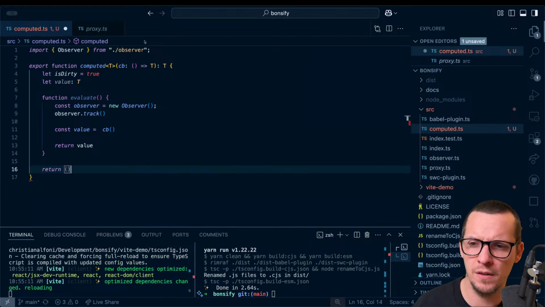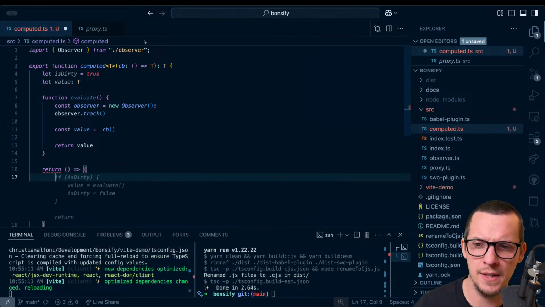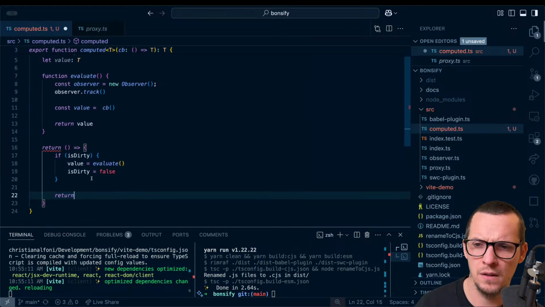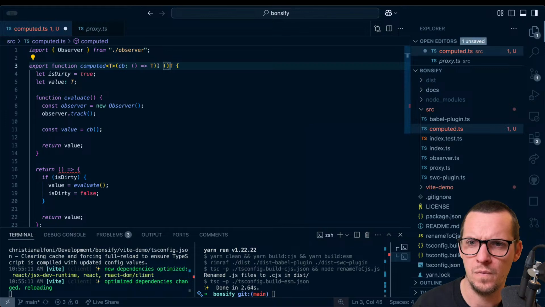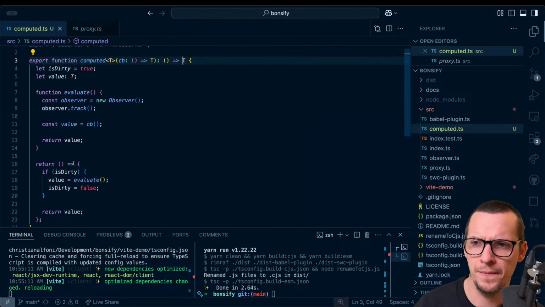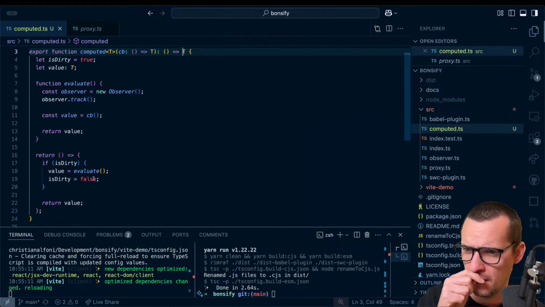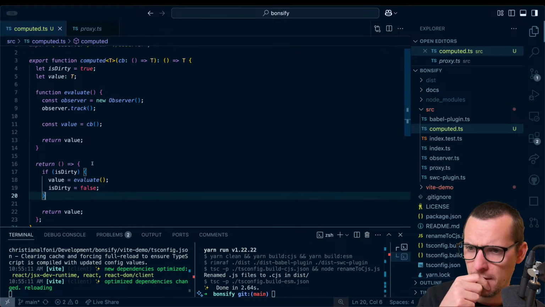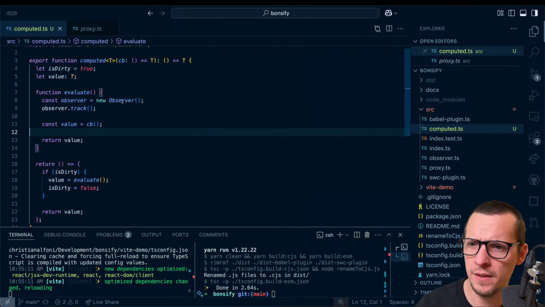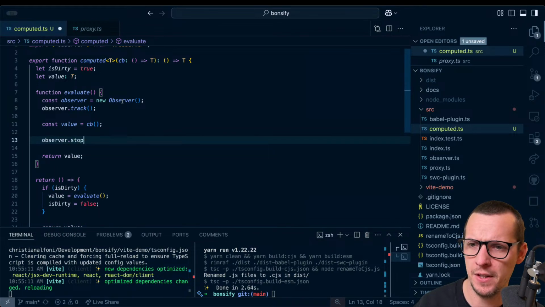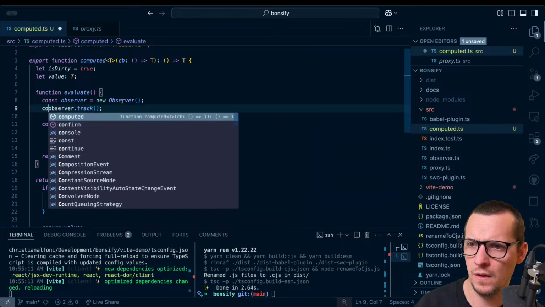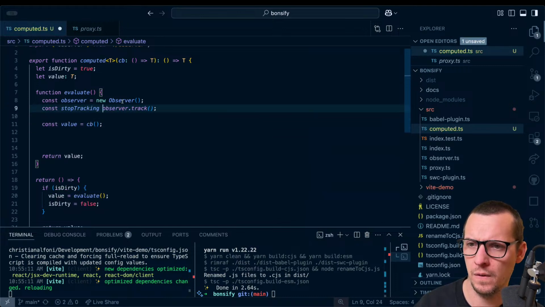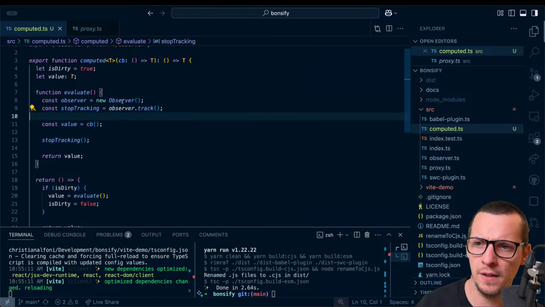I think this needs to return an actual function so it's lazy. Yes, and during its evaluation. Oh, sorry. Stop tracking. And during its evaluation,